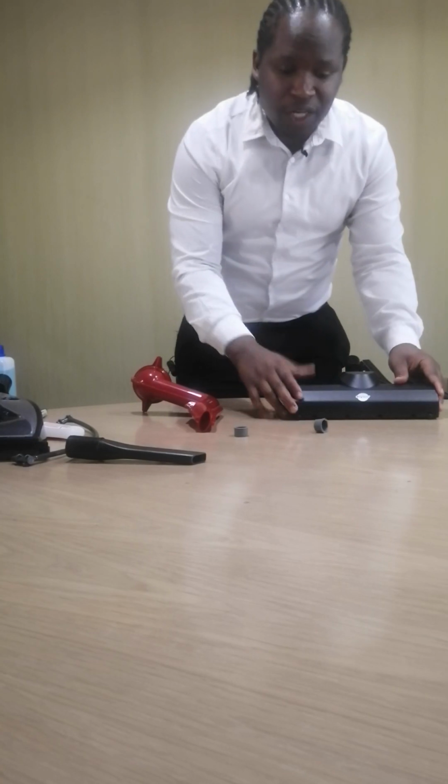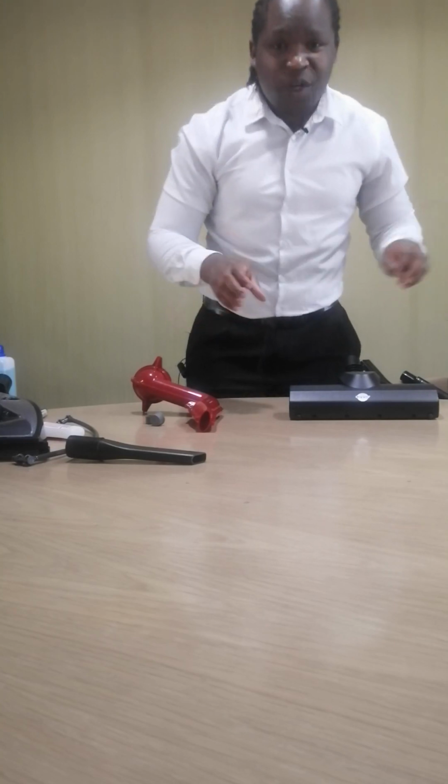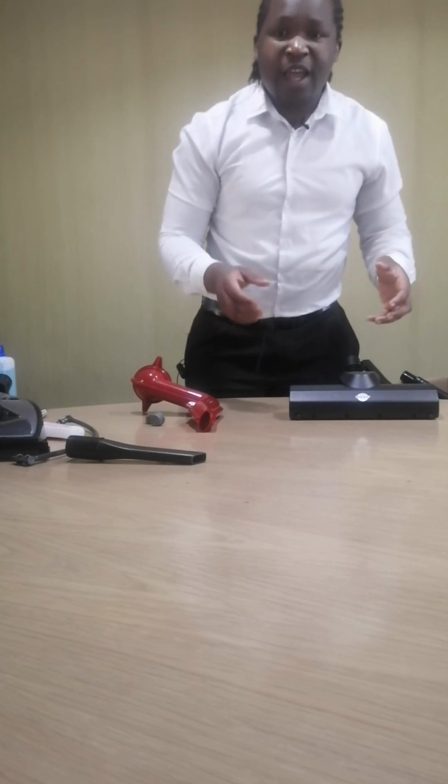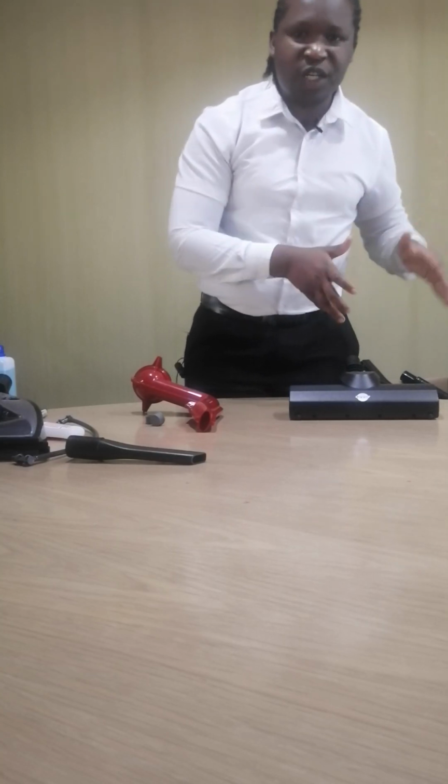This is called a turbo brush. I will use it for my day-to-day vacuuming, even when I'm doing wet and dry. Remember, wet and dry does not mean washing. Wet and dry means just wet and dry. But this machine can go into water filtration. So if I'm just using it for my day-to-day vacuuming, when I'm vacuuming dust and the water is trapping it,